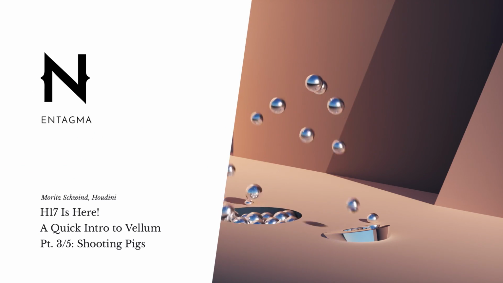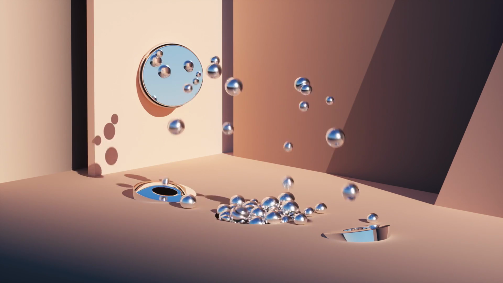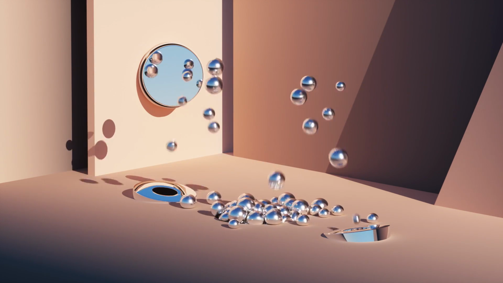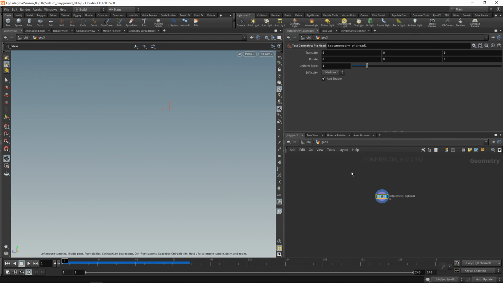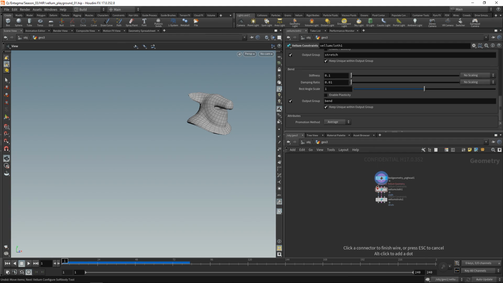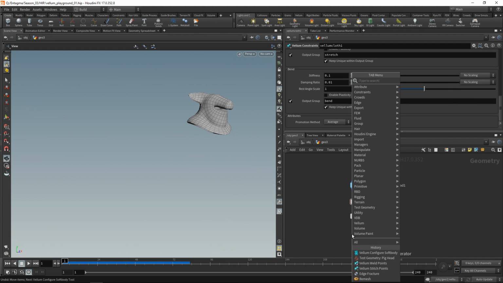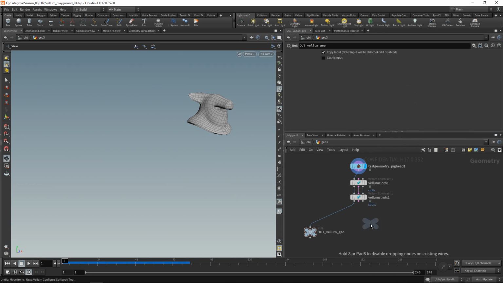Finally, let's have a look at the workflow using DOPs and Vellum, and let's build, well, a pig fountain. Let's drop down another geo, dive in there. Again, drop down our trusty old pig head and set it to easy. Gonna drop down a Vellum configure soft body here, wire in the pig head, and I'll attach two nulls here. Call one out Vellum geo, and the other one out